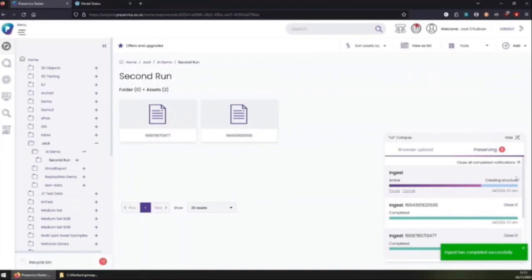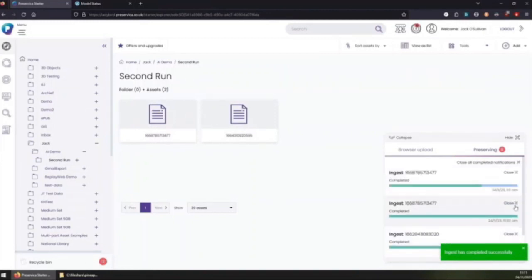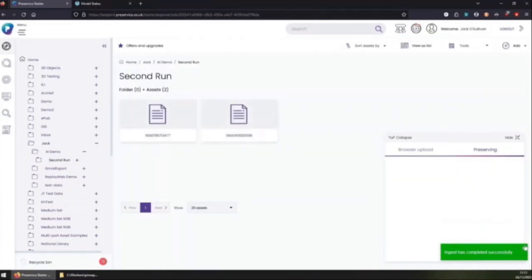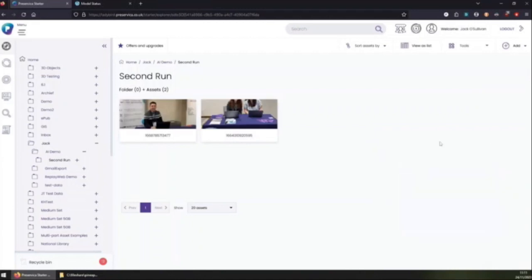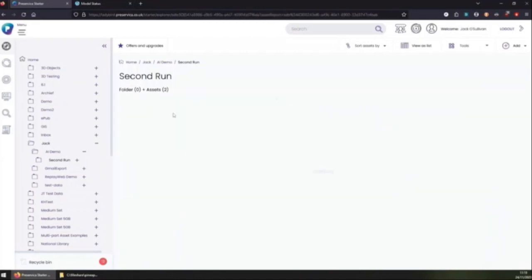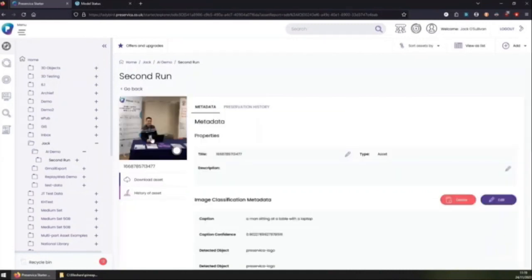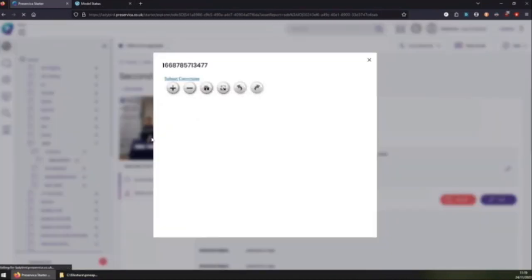And what we'll get is hopefully some slightly different results. So I have to clear all of these notifications. And again, when it first ingests, there's no metadata, but eventually the tool will be called.